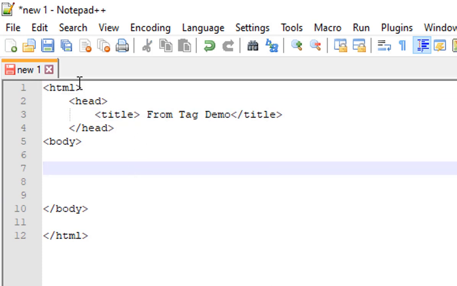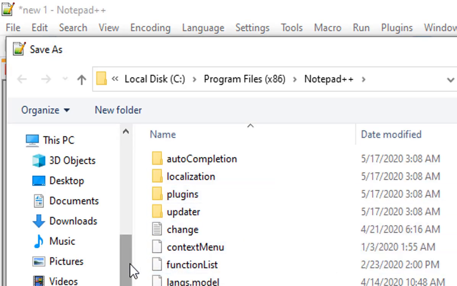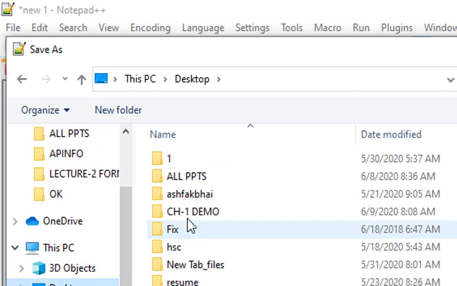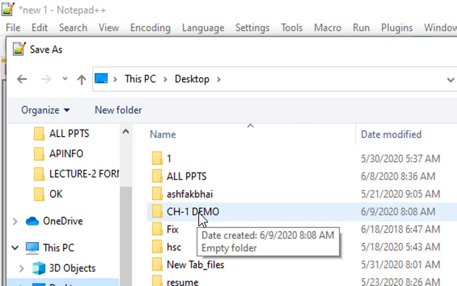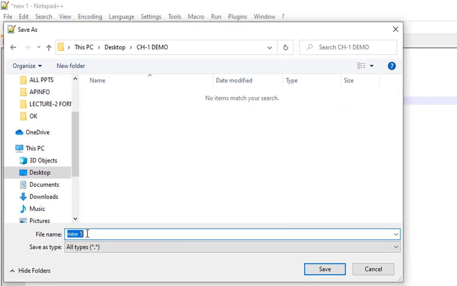Now I want to save this file. I will save it on the desktop, in the chapter 1 demo folder. Double click, then save. An HTML file must always be saved with the .html extension. If a file has no extension, it is a simple notepad or text file.